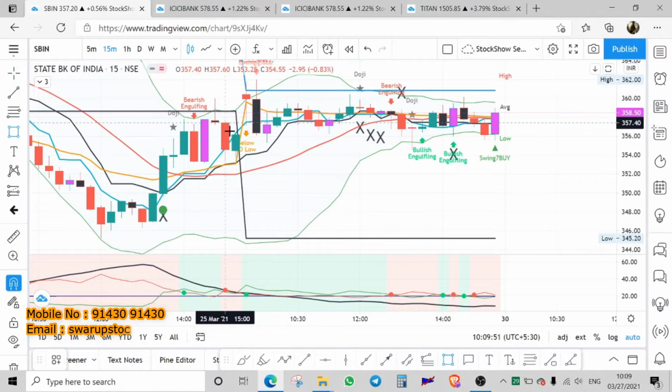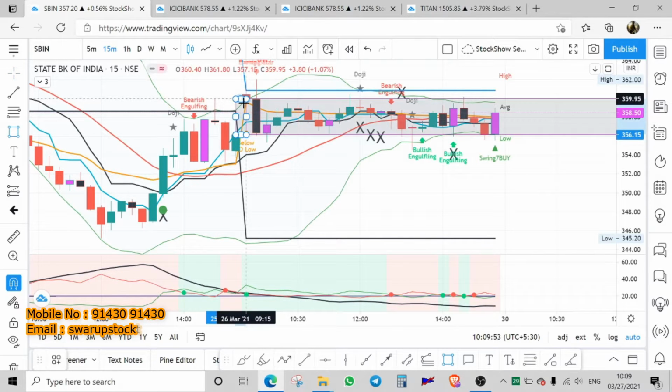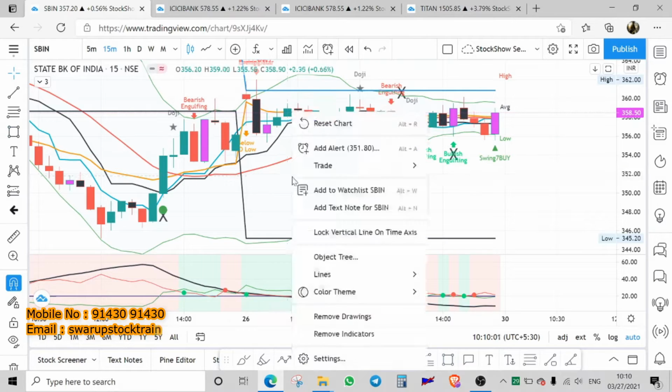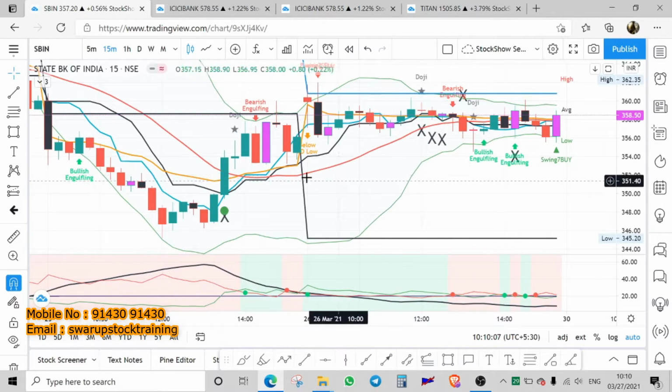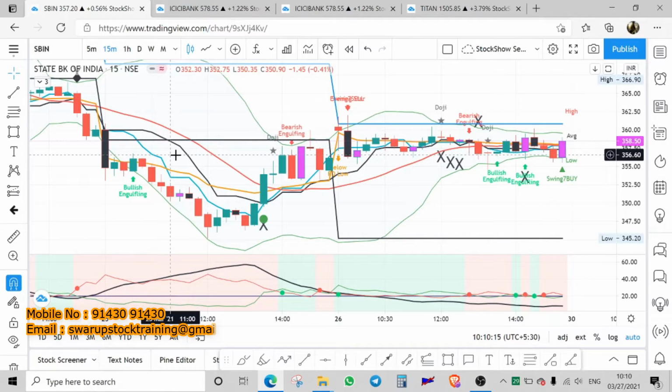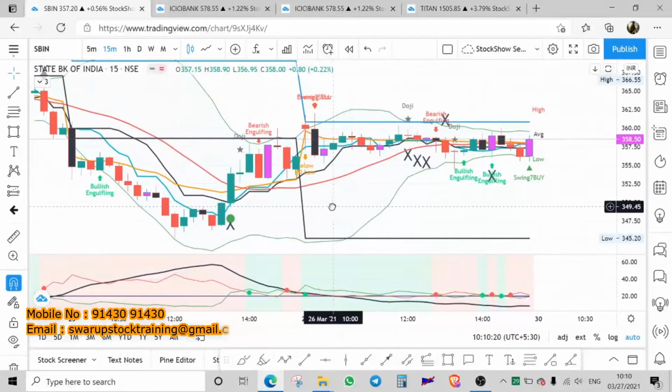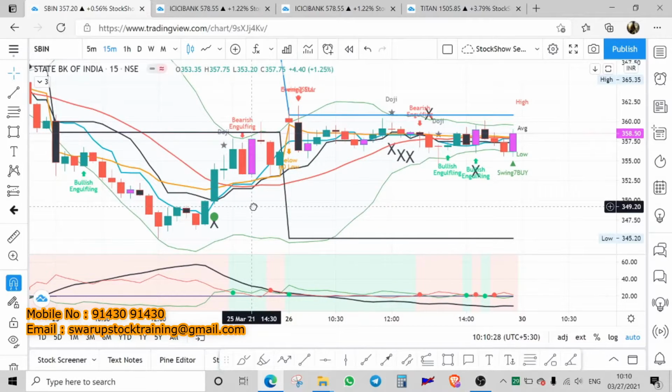So how do you measure a gap? We only draw a line, right? We can see that this is a gap. So how are we going to trade in this gap? In Bank Nifty, you will not be able to trade this gap. However, since I said that Bank Nifty is in a downtrend, I am going to take a contra trade. Downtrend है तो मैं uptrend में जाऊंगा, because everybody is bearish. So we should be looking at the opportunity.